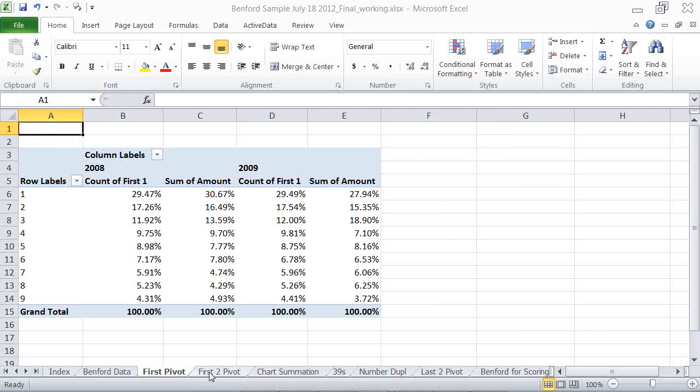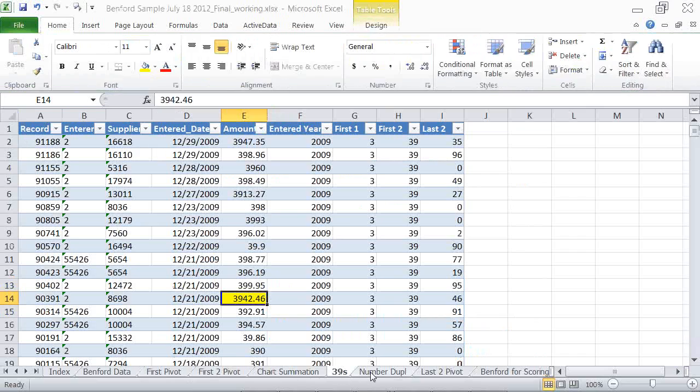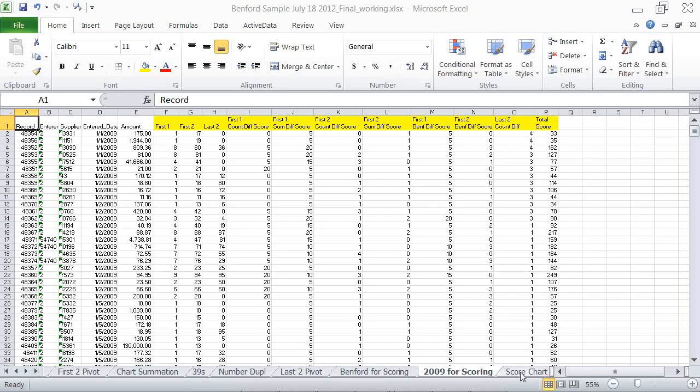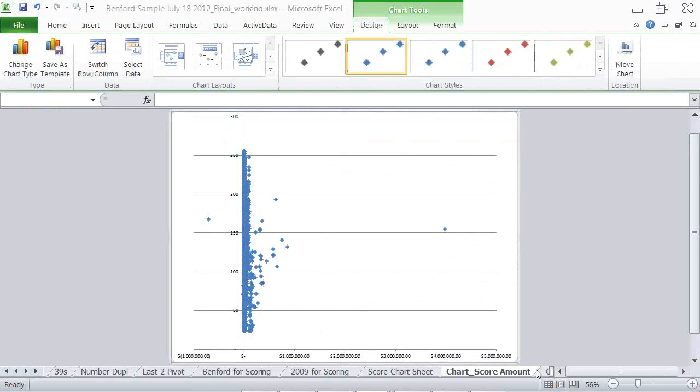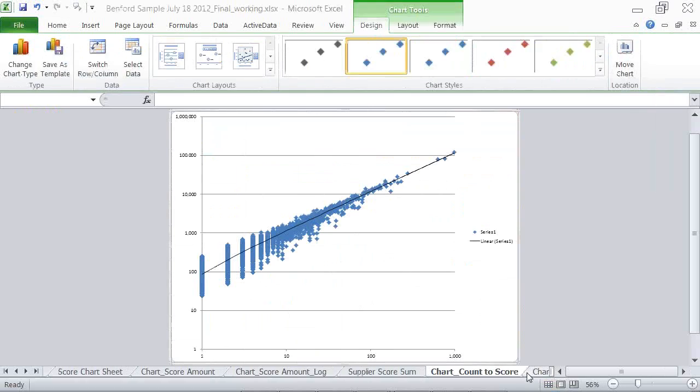So what we're able to show here are quite a bit of summarizations and pivot tables that have been pulled together. What I mainly wanted to show you, and just bear with me one minute here.